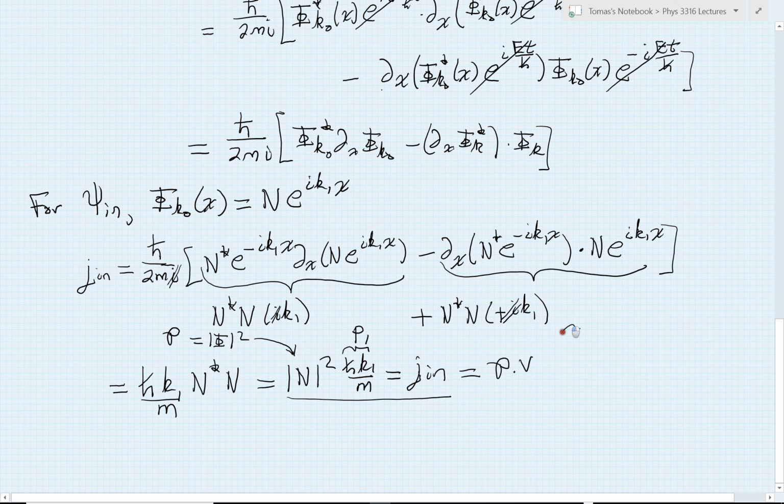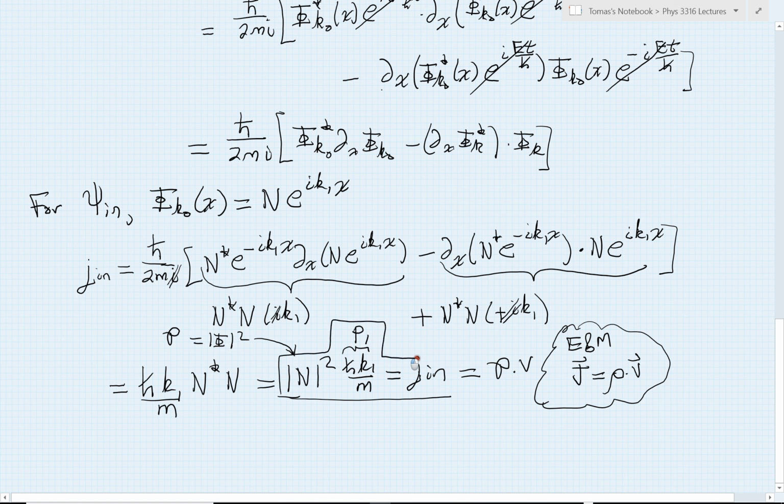So this actually gives me a very nice quick mnemonic for calculating current densities. You might remember that we had a very similar formula, or you would have had in electricity and magnetism theory, where you learn that the current density is the charge density times the velocity. So to get current of charge, I take density of charge times its velocity. And what I'm learning from my probability current is that to get probability current, I take probability density and multiply that by velocity. So that's a nice way you can try to remember this particular formula. So we've got our particular result for the incoming current, and we also have this nice mnemonic to help us remember things.